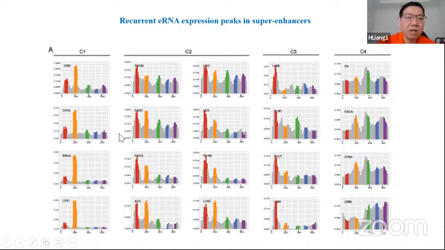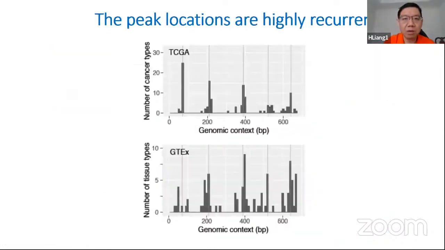So that actually shows a very specific cancer pattern. And then when you look at all nearly 30 cancer types, you can identify 5 different peak regions. There are some peaks like the red peak, orange peak, green peak. They all turn out in different cancer types. And then if you look at those peak regions, whether they are conserved in other contexts, we can do